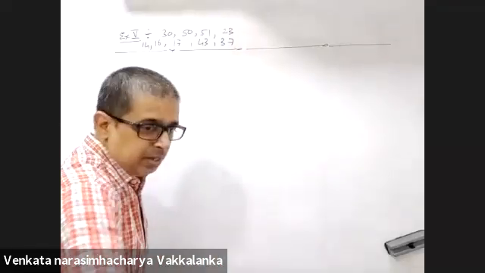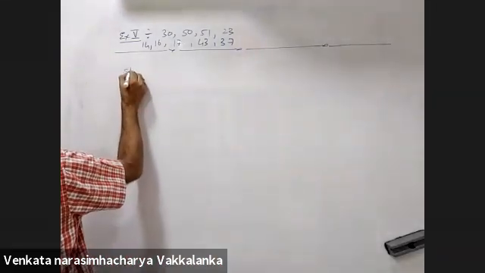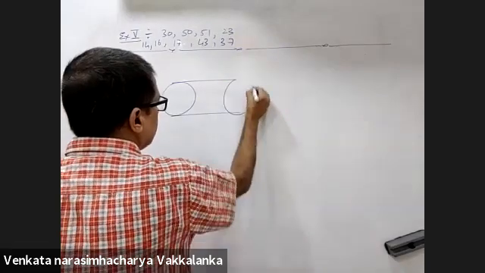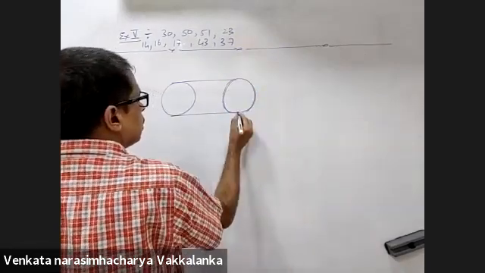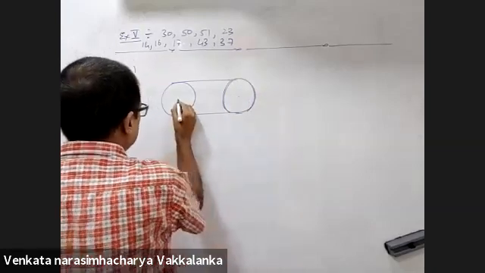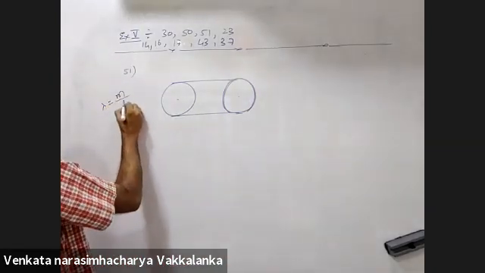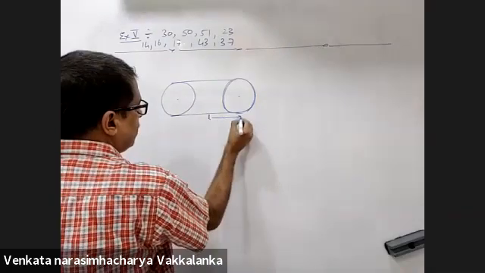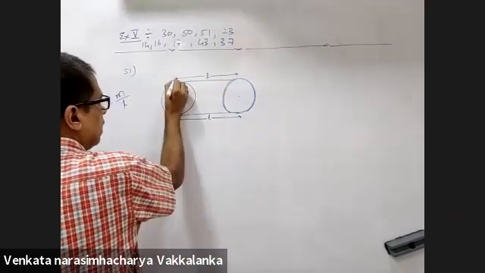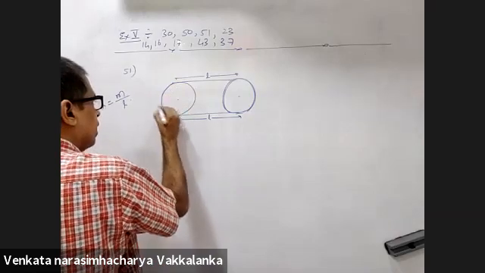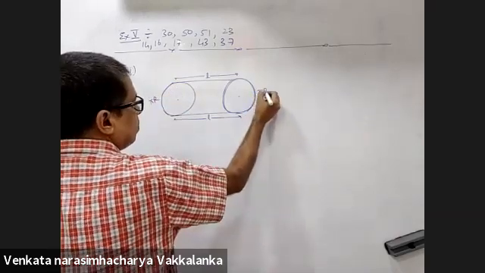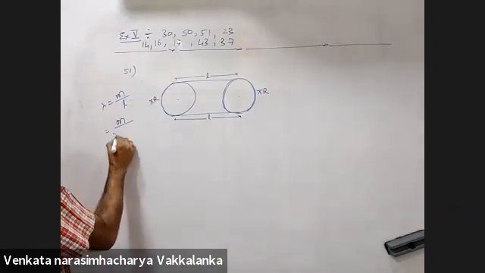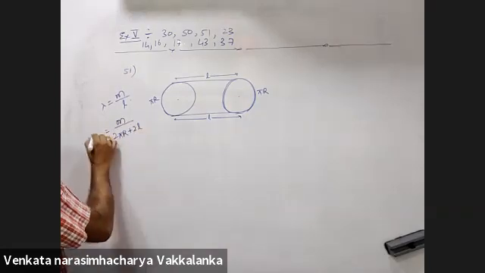Okay. The page is taking a bit of time to open. 51, I remember, so I'll tell you the solution first. This is a tractor belt. Consider lambda to be the mass per unit length. Take this length to be L, then this will be L. This will be pi r of a length, and this will be pi r of a length. So the mass per unit total length, 2 pi r plus 2L, is lambda.